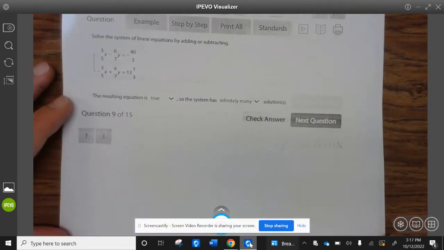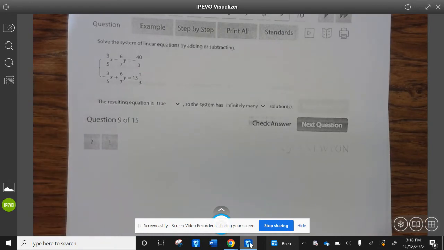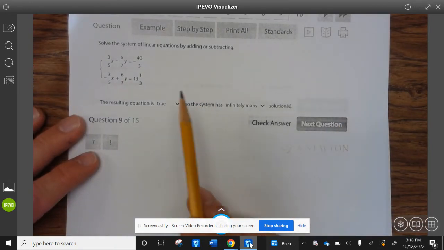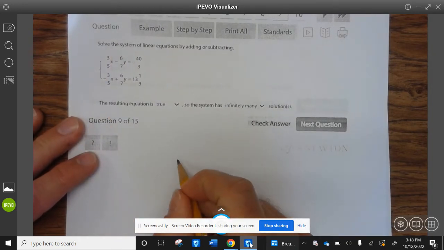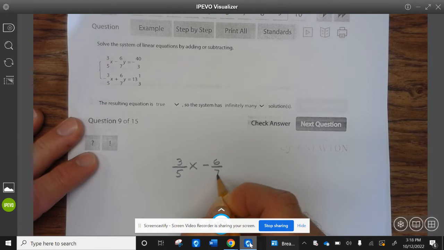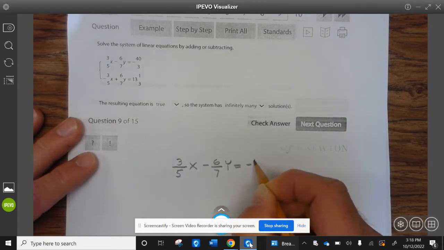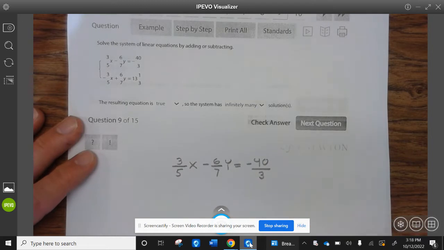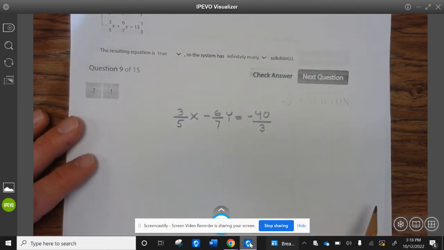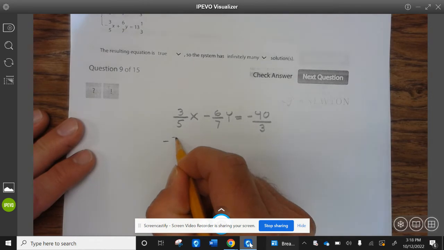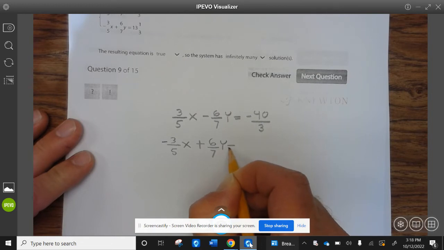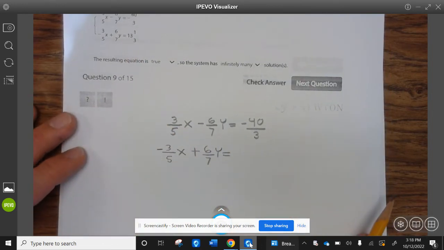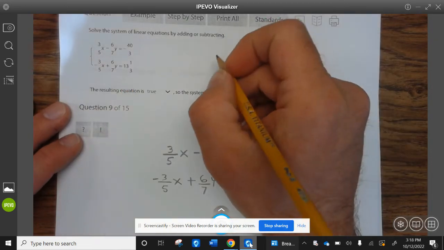All right, let's take a look at the next example. So here, let's go ahead and rewrite this. So that's 3 divided by 5x minus 6 divided by 7y equals -40 divided by 3. Okay, and then we have -3/5 x plus 6/7 y equals, now we need to convert 13 1/3 into a whole number. So that's 13